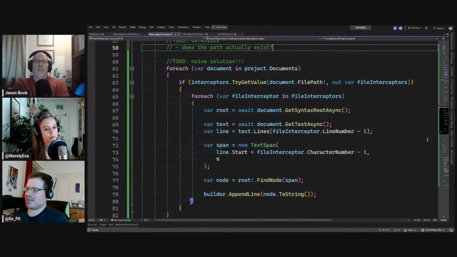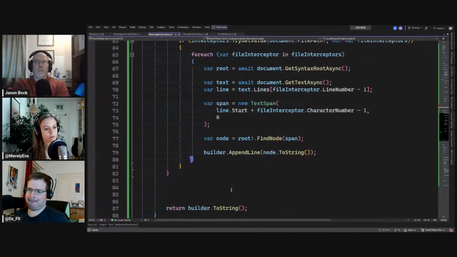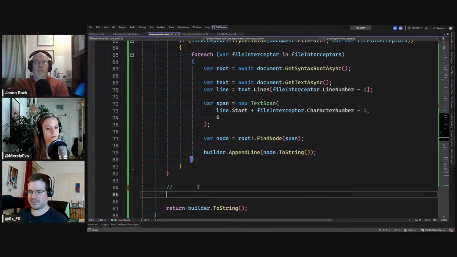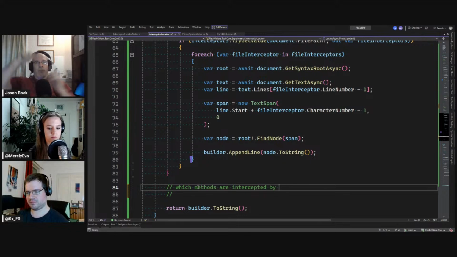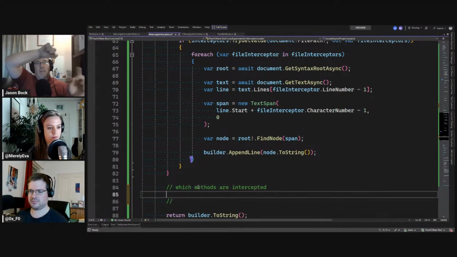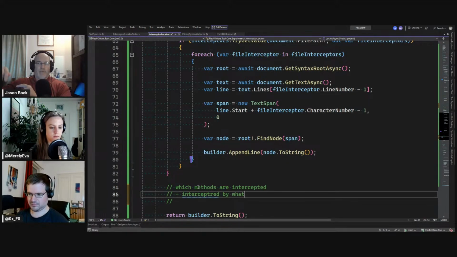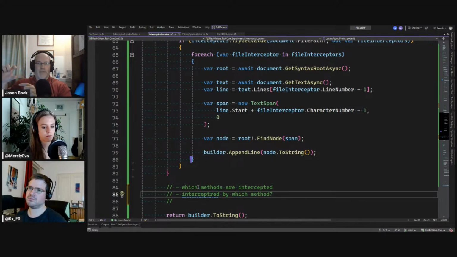I think knowing which methods are going to be intercepted, and by what. This code did the right thing in that it's looking for the attributes. It will say this method has all these interception location attributes on it, so it's going to handle these locations. Now you found where those locations are.